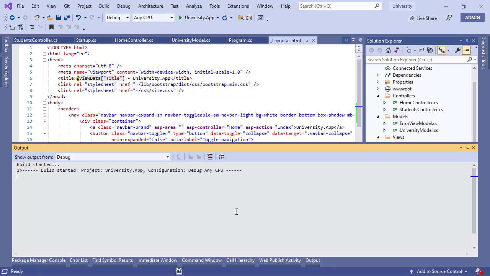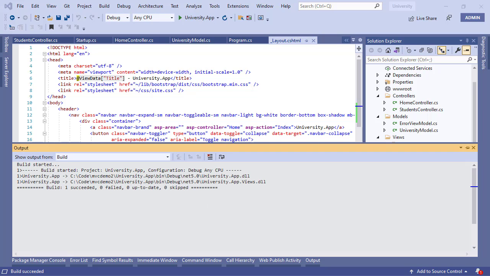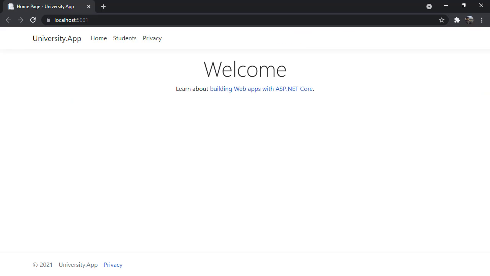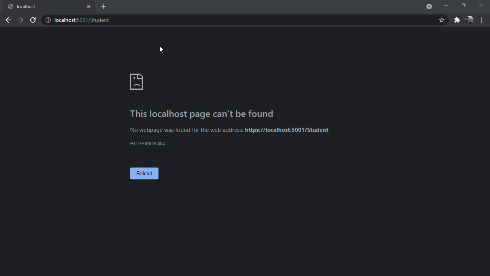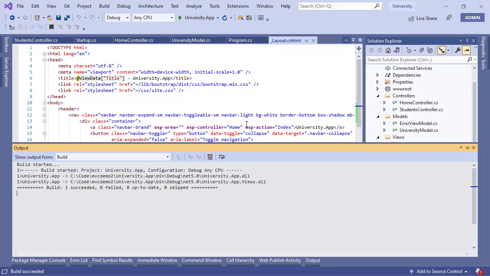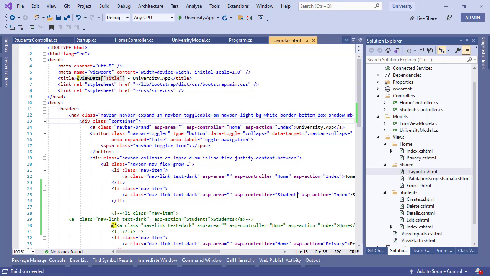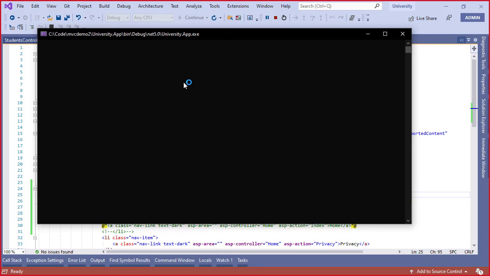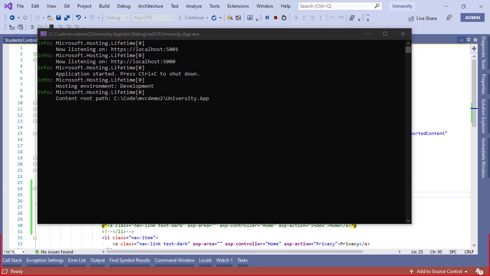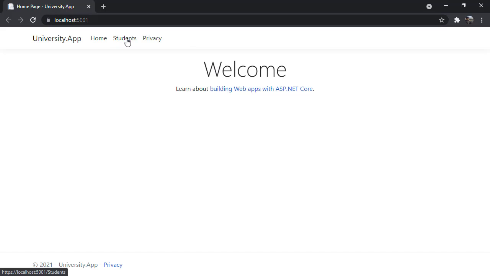Right, now if I hit Control F5, and hover over student, it is not going to home/student, it is now going to the student controller itself. Notice that there is no index, and I'll have to match the name of the controller, students. So once again, it has launched the Kestrel server and this browser instance. And now if I go to students,